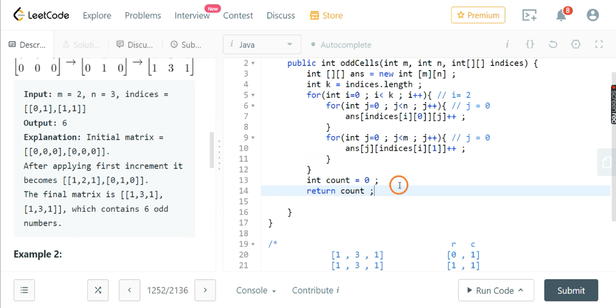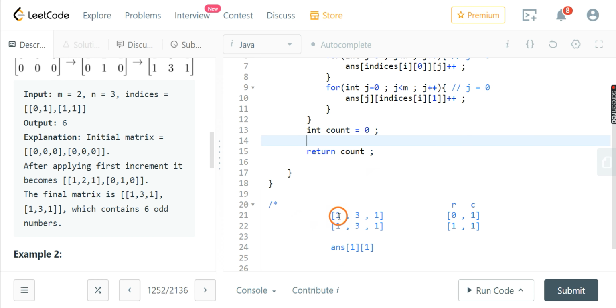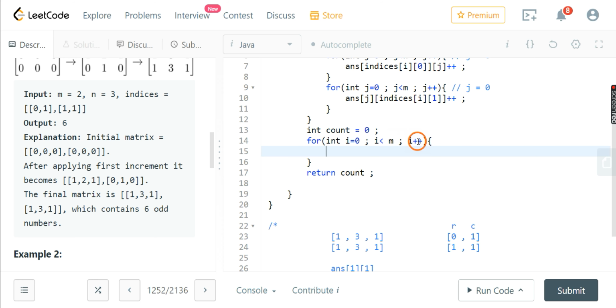Okay, so let's iterate through each and every index of the matrix. Here m is the number of rows in the matrix and n is the number of columns.